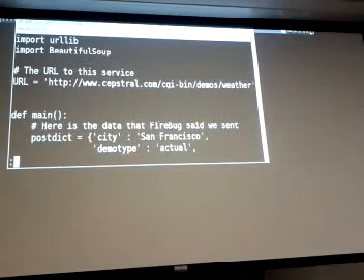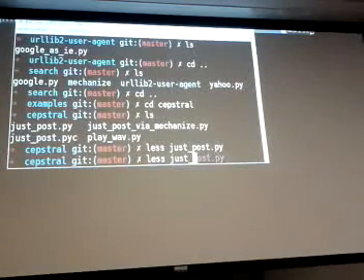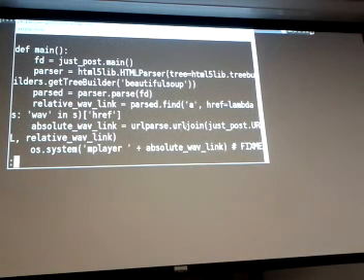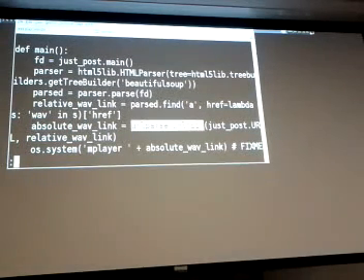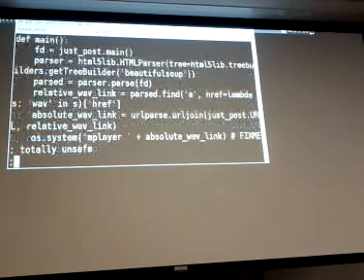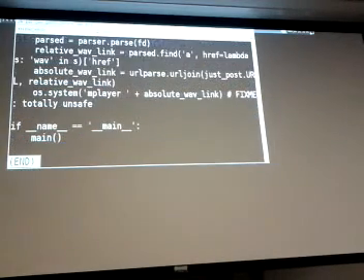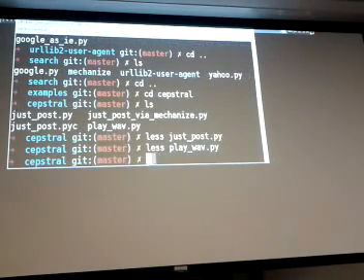I think that this computer doesn't have sound, but I did write a version of this that actually plays the WAV file that we get back. So it searches for a link to a WAV file, and it makes it an absolute URL with urlparse urljoin, because the link we get back just says like whatever.wav. It doesn't include the domain name of the server. We pass that in this totally unsafe way to mplayer, and it plays it. And I think that